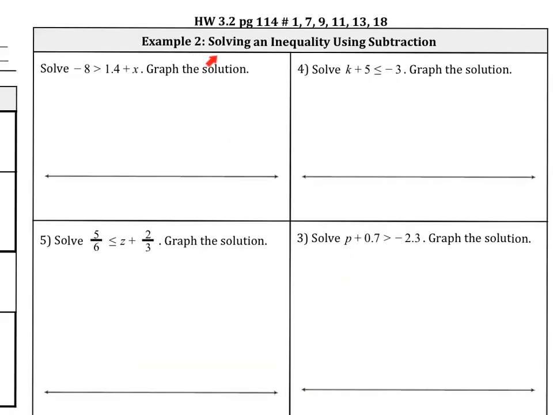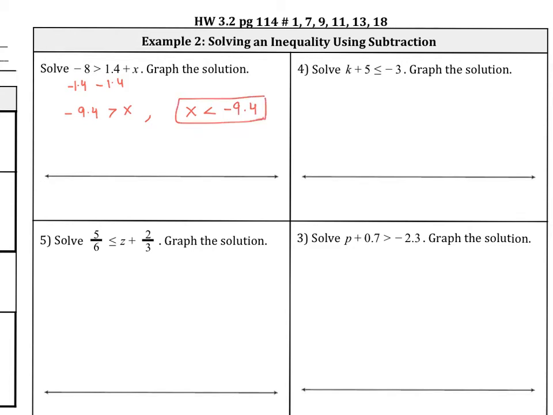So example number 2, solving an inequality using subtraction. Now we are going to isolate the x by using subtraction. To do that, we are going to subtract 1.4 on both sides. So here what we're going to get is 9.4 greater than x. Because we are reading from the number, we're going to rewrite this as x is less than negative